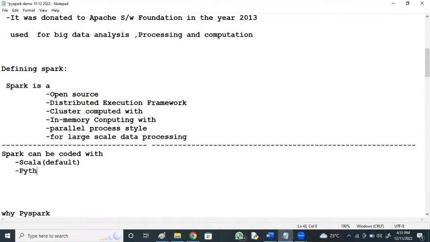That's why Python is also mostly used. Both Python and Scala are mostly used, and Java also can be used. So Spark has multi-language support. It can be coded with Scala, Python, Java, and R language.